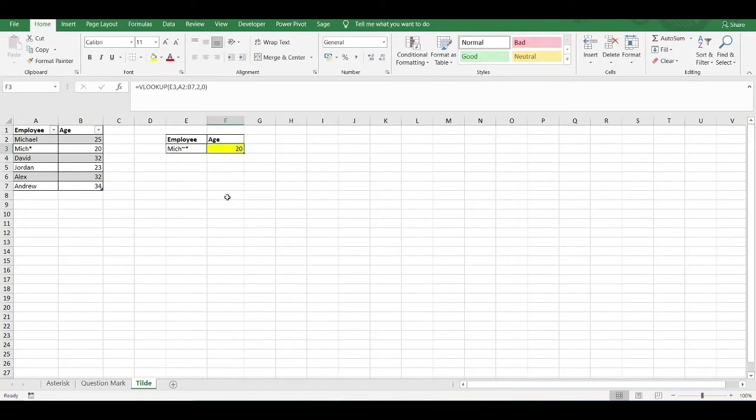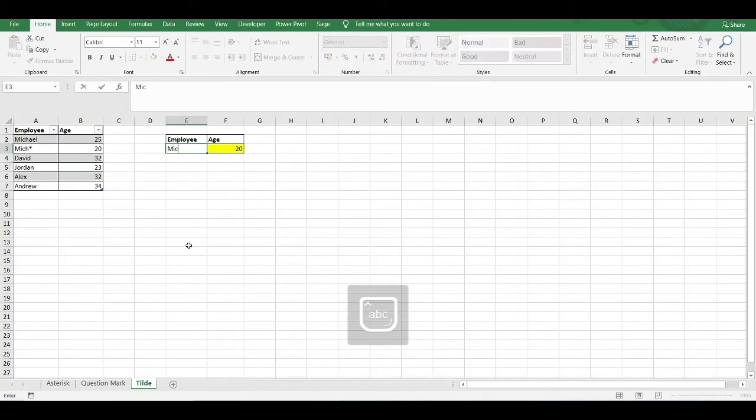However, in certain situations, you will have people using this spreadsheet who might forget to put the tilde before the asterisk. So they will look for, okay, I'm looking for Mitch asterisk. They will just enter Mitch asterisk, press enter, and that returns Michael's age, which is incorrect. Another better way to resolve this problem is to use the SUBSTITUTE function. So how do we use it? Well, we